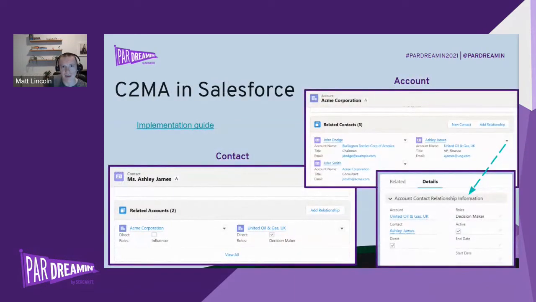I've included a link here to the implementation guide, which I think Emma will share in the chat. If you follow that, one of the steps you can take is to add your related accounts list to the related list section of your contacts page layout. And you can add the related contacts list to your account page layout. That was a bit of a minefield to say. But ultimately, you'll be able to see which contacts are related to which account, and then which accounts each